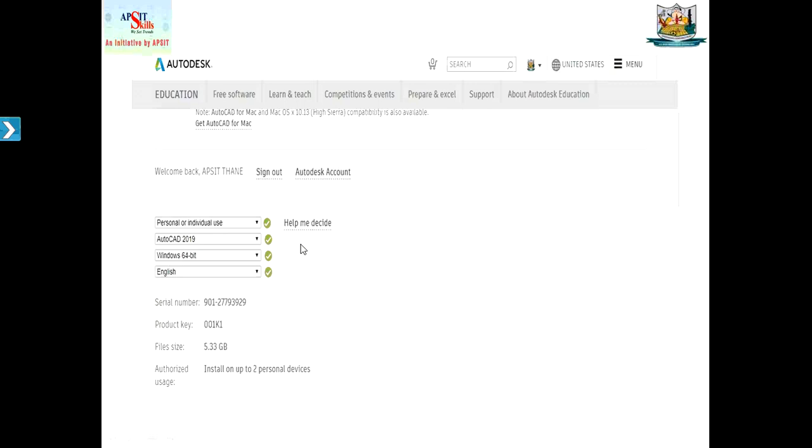Any one you can select, but select an older version because it is compatible with all systems. Nowadays we have Windows 10, so the operating system is 64-bit and language English. Then you will get the serial number and product key for the activation. You have to record it, or you will get a mail of this serial number and product key.